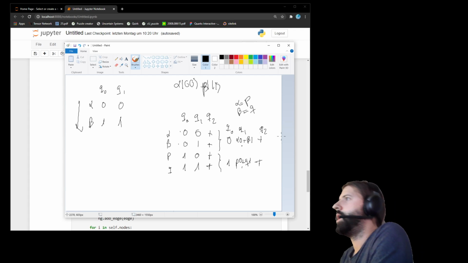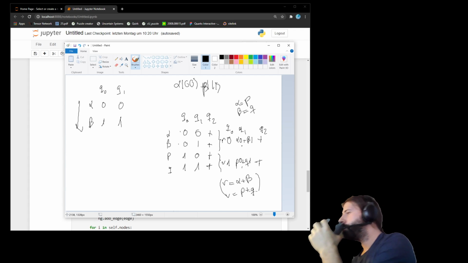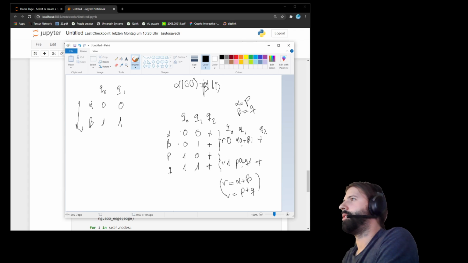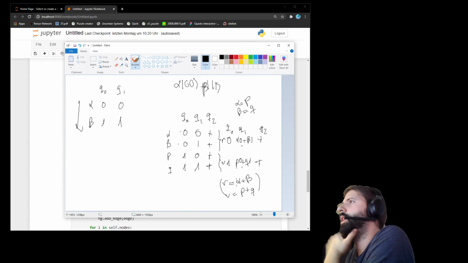Maybe that's because we are adding the things. So my wild guess is that if this is like R and V, that R is alpha plus beta and V is P plus Q. That's my wild guess, not knowing what I'm doing. Because essentially I'm adding these elements, so I should add the amplitudes as well, but those go down here. I think at least it works for the case where